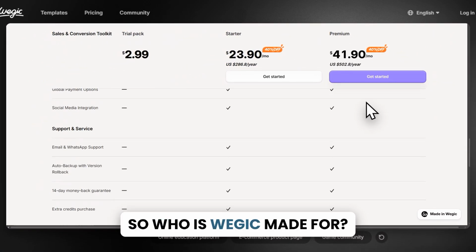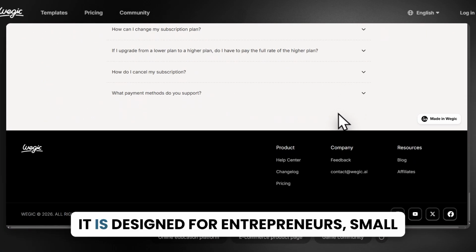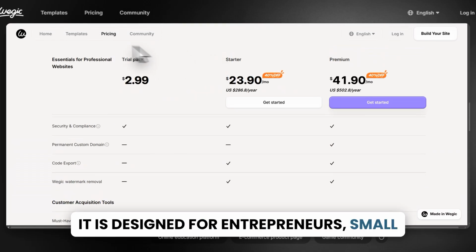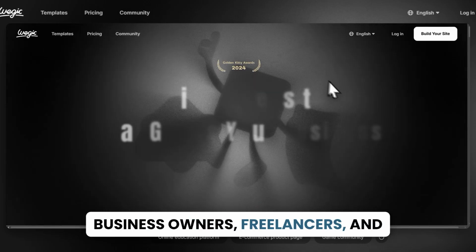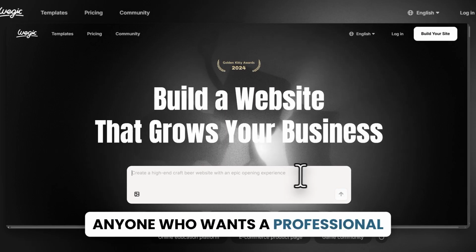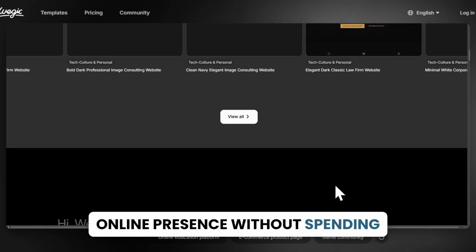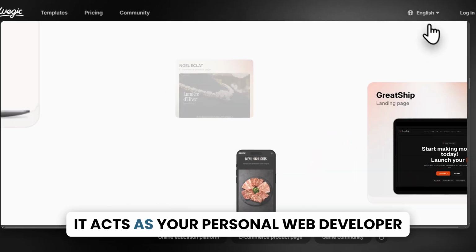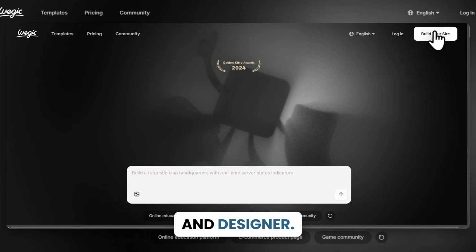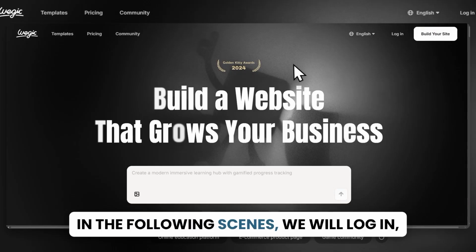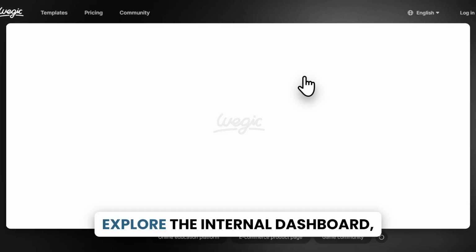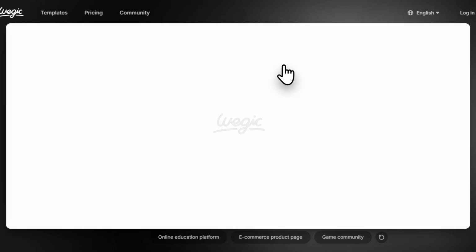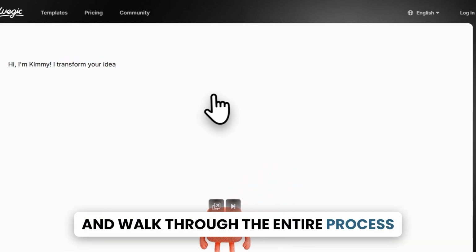So who is Wegic made for? It is designed for entrepreneurs, small business owners, freelancers, and anyone who wants a professional online presence without spending thousands of dollars or learning how to code. It acts as your personal web developer and designer. In the following scenes, we will log in, explore the internal dashboard, and walk through the entire process of bringing